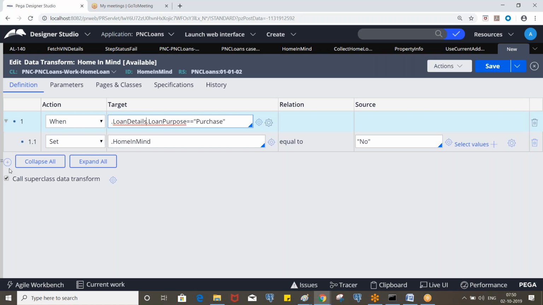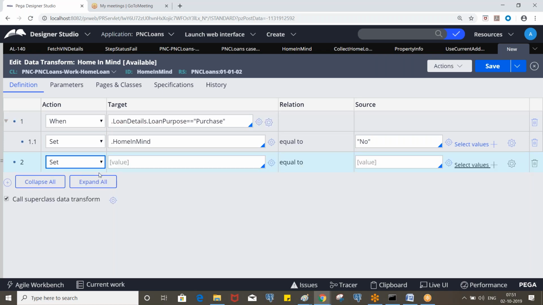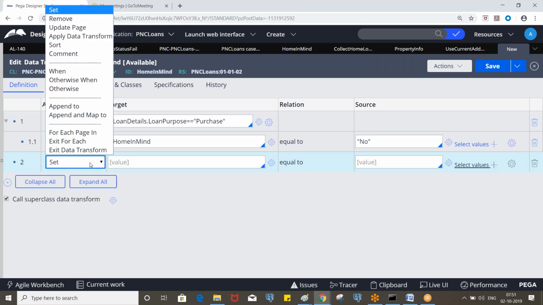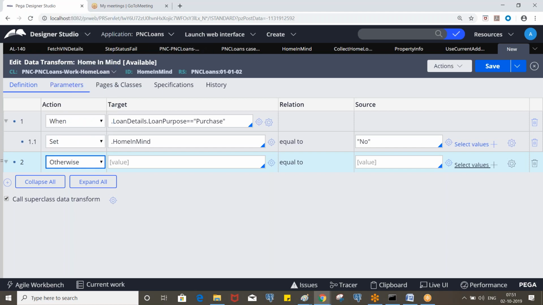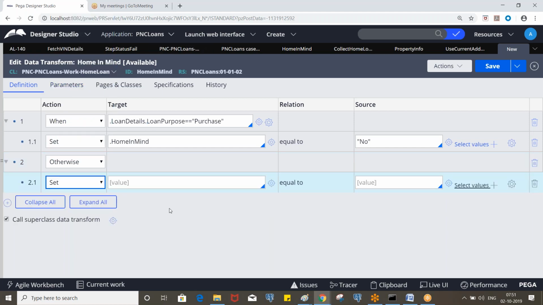Here we have only two values, either purchase or refinance. If we had multiple values, you would need to put otherwise when and put that condition. Since we have only two possibilities, you can use otherwise. Or else, if you want, you can also put the condition.